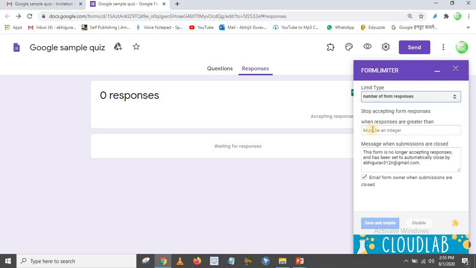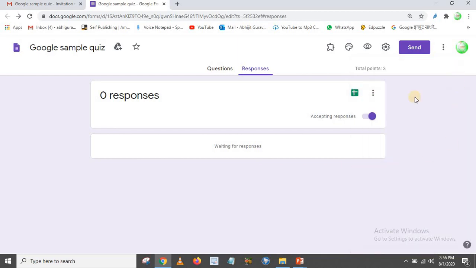Then you can manage how many responses you want. If you are allowing only the first 10 entries, first 50 entries, or first 100 entries, accordingly you can give the number here. It will accept only that number of responses. So this is the setting of the time limit and form response limit in this particular Google form.